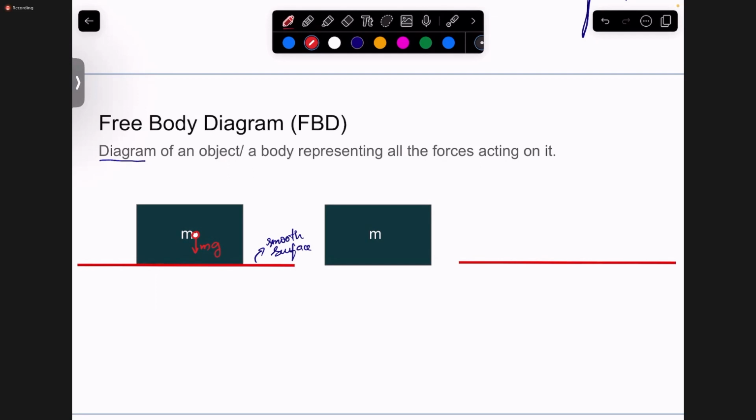In the frame of reference of Earth, this mg force is always a constant force acting on every object, where m is the mass of the object. So this mg force is acting on this body,